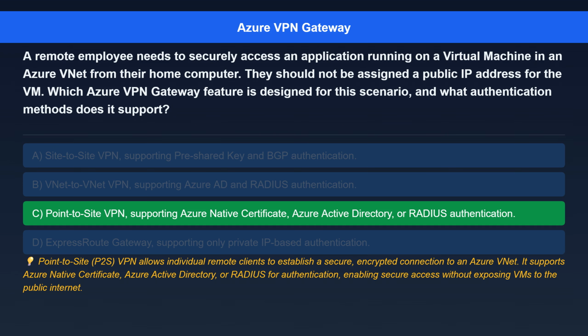The correct answer is Point-to-site VPN supporting Azure Native Certificate, Azure Active Directory, or RADIUS authentication. Here's the explanation. Point-to-site (P2S) VPN allows individual remote clients to establish a secure, encrypted connection to an Azure VNet. It supports Azure Native Certificate, Azure Active Directory, or RADIUS for authentication, enabling secure access without exposing VMs to the